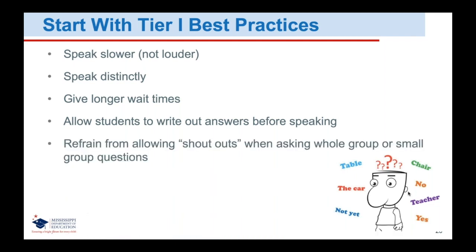Okay, so we also want to refrain from allowing shout-outs when asking whole group or small group questions. Now, I know what happens. Sometimes kids get very engaged and they want to call out answers, and that's great. We love them to be engaged, but we really want to make sure that if that happens,